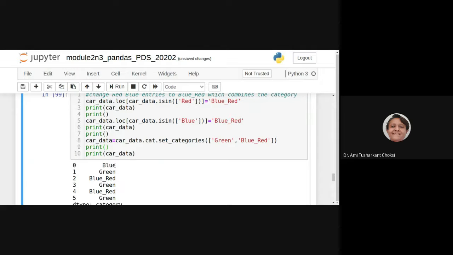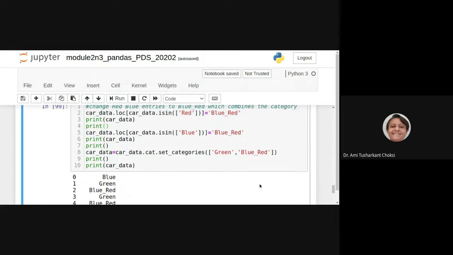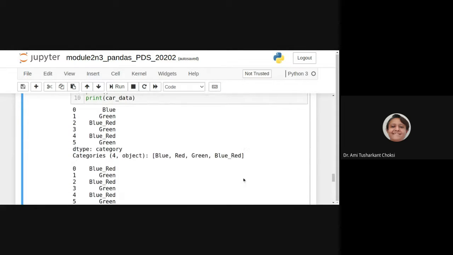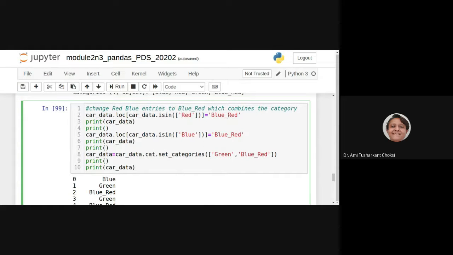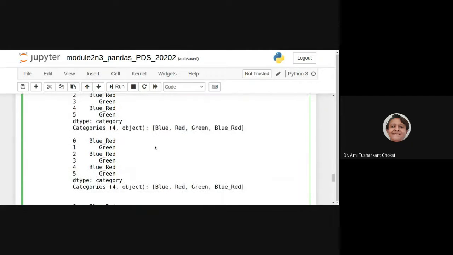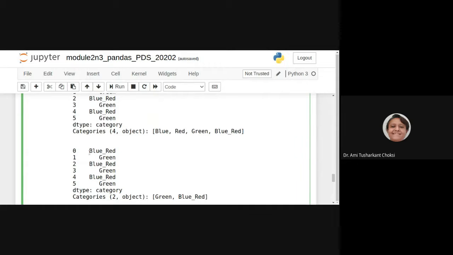Let's see. First of all, we are having the car_data, right? And there we are having the categories that is blue, red, green, blue_red. That was already there. Then after, what we have done is we have changed red to blue_red and blue to also blue_red. So after that, what we are able to see is blue_red, then green, it is normal, blue_red, green, blue_red, and green.